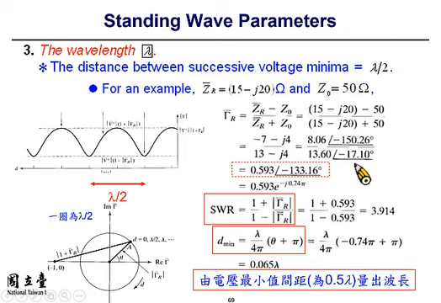So the resistance is 15 and the reactance is minus 20. So it can be referred to as a capacitive load. It has a certain capacitance. First you can calculate the reflection coefficient gamma R using the formula: ZR minus Z sub 0 divided by ZR plus Z sub 0. Here is an important